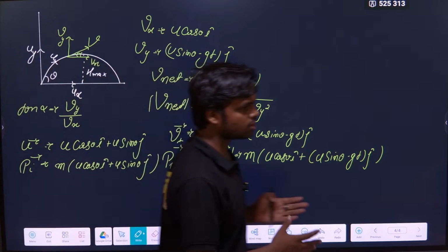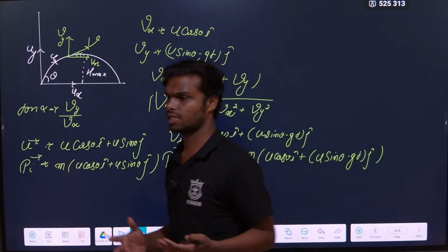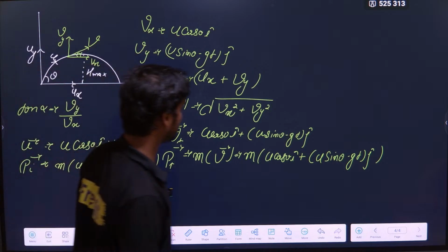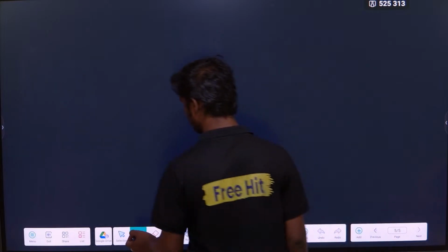These are the small things which can be asked. I am just giving you an idea for this. These are just the small things that can be asked. I'm just trying to give you one idea so that it will be easier for you to answer those questions. Clear? Anything else which can be asked in the projectile is, suppose